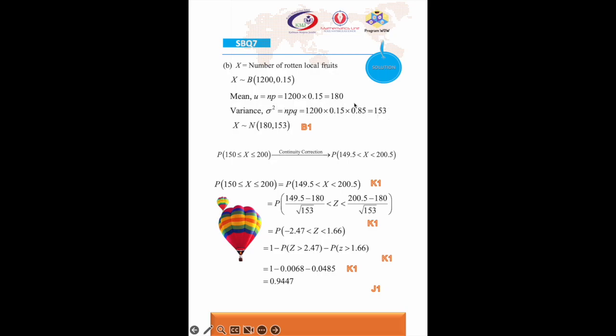So q is a failure, so the failure is not the rotten fruit. So 1 minus p. You're gonna get B1 for writing this part down. So you know that the question wanted